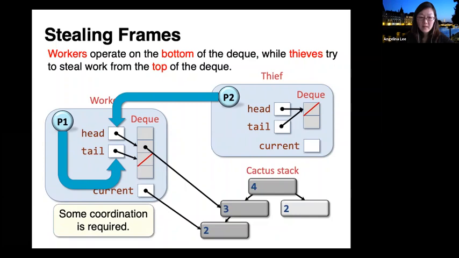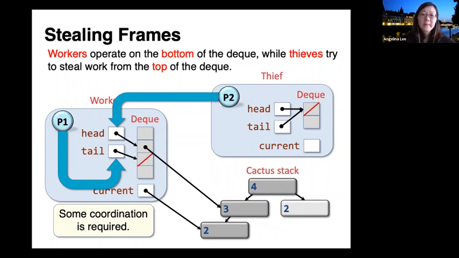Okay. Now, you do require some coordination so that you are careful not to allow the head and tail to cross, right? And in particular, when the thief and the worker potentially go after the same frame, then you do need some coordination so that one of them gets the frame and the other one fails to do the operation. Either the worker fails to pop or the thief fails to steal.